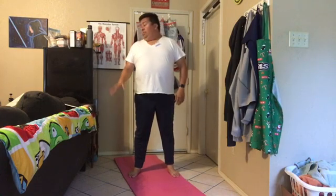So for the shoulder rolls, I'm going to do 10 reps forwards, 10 reps backwards, and the way I get them started is I bring my shoulders up towards my ears, then out to the front, then down away from my ears, then out to the back, and back up again for 10, and I keep rolling them around nice and slow for 9,